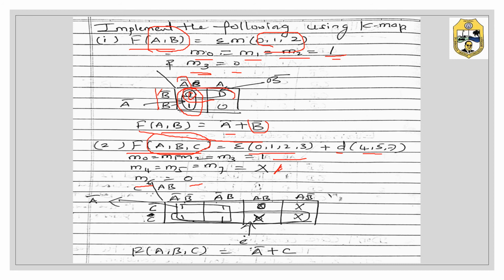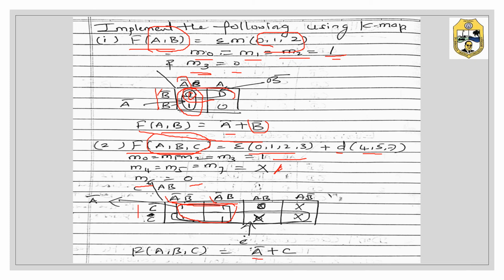You see 1 1 1 1 0 and 4 5 7 is considered as x. And when you make a grouping of these fours, what will you be getting? See here, these two are for this group. You check over here what is common. A bar is common, b bar you need to leave, and here c bar is there, you leave this, only take the common one, that is a bar is common, write a bar over here.